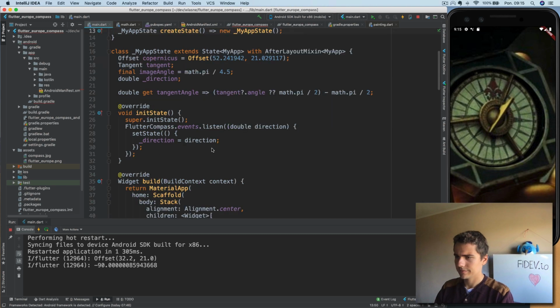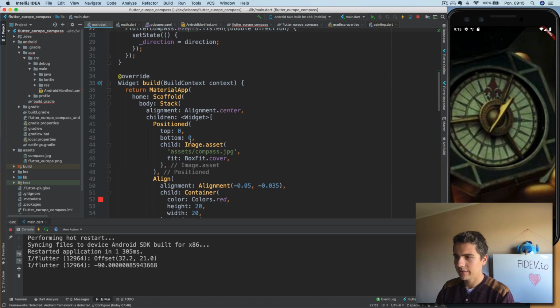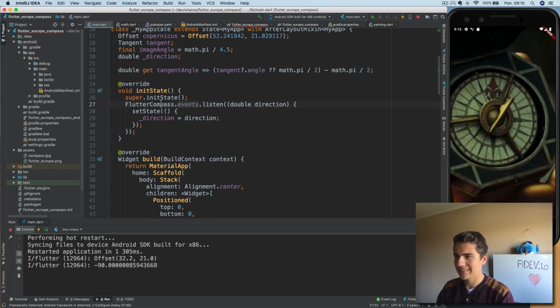And what we can do, we can notice that the Flutter compass events is actually a stream. So we can, instead of using set state here,